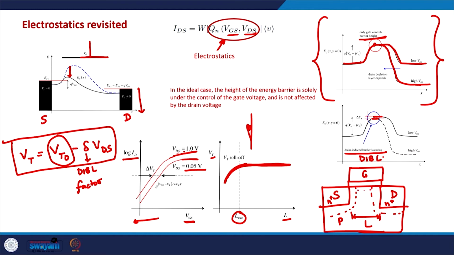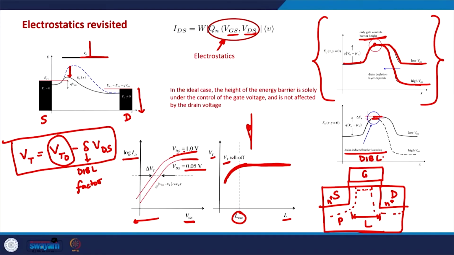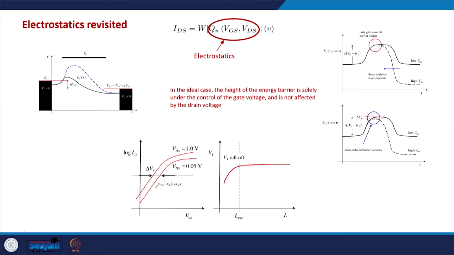So, only this part of the channel needs to be depleted by the gate voltage. That is why we need smaller gate voltage in order to totally deplete the channel region, which means that we need smaller voltage to make an inversion layer, and which means that the Vt becomes smaller. So, generally this phenomenon, the Vt roll off, the threshold voltage roll off, is observed in smaller MOSFETs,